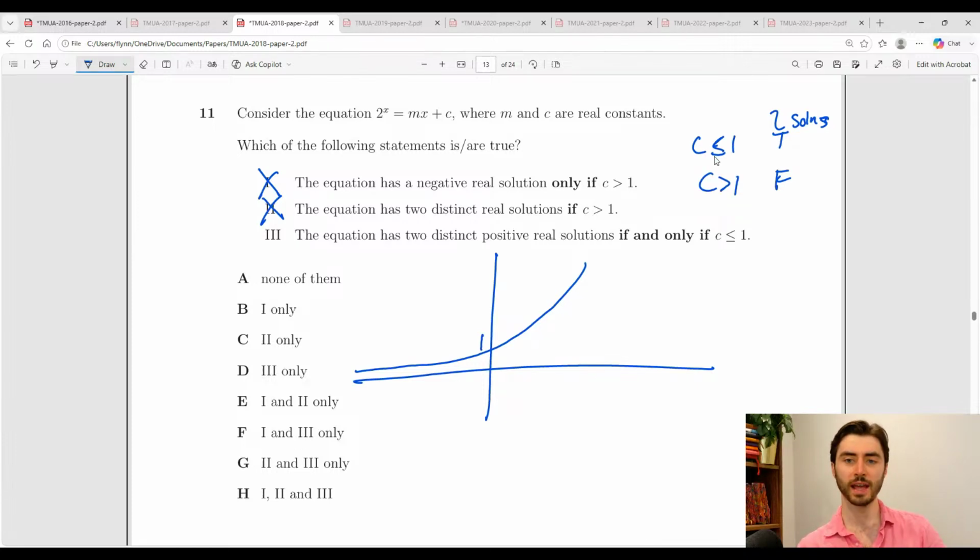So what can I have? Can I have C less than 1 and have 2 solutions? No, because if it was a negative gradient, there's 1 solution. If there's a positive gradient, there's 1 solution. So that does not exist, but that does exist. Can I have C bigger than 1 and have, yes, I can have that. And I can have C bigger than 1 and have 2 solutions, so that exists. So I think it is true that you can have 2